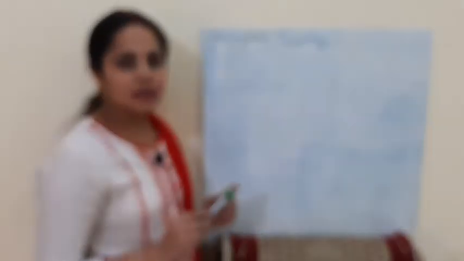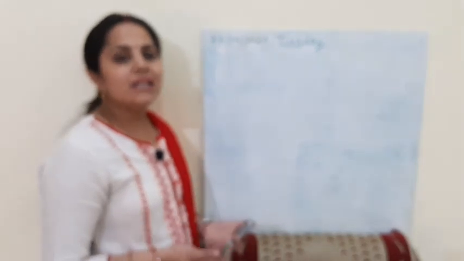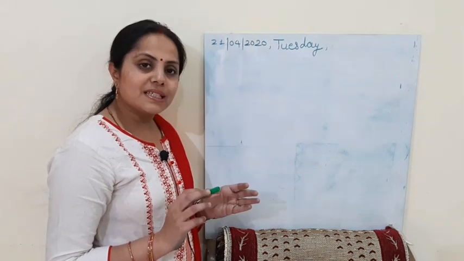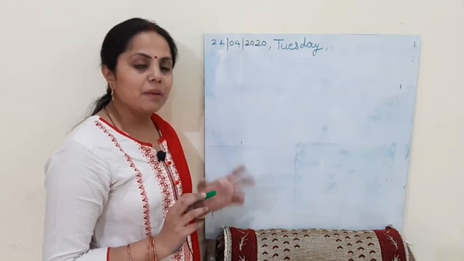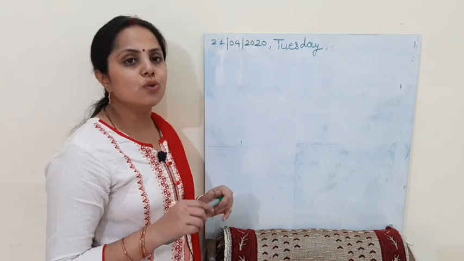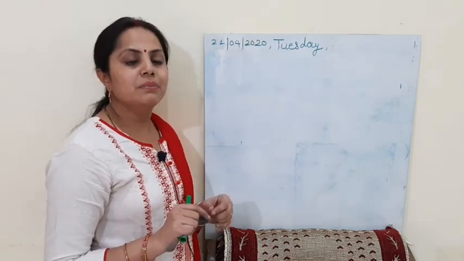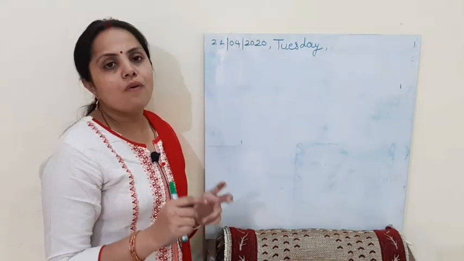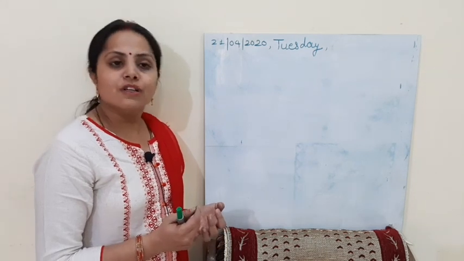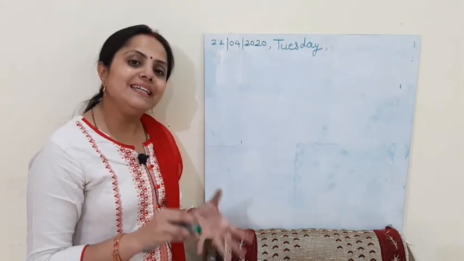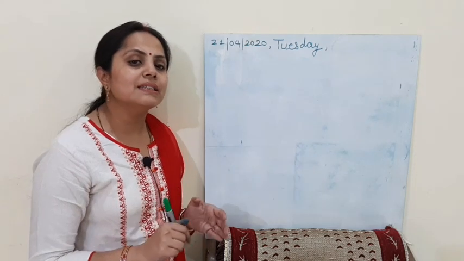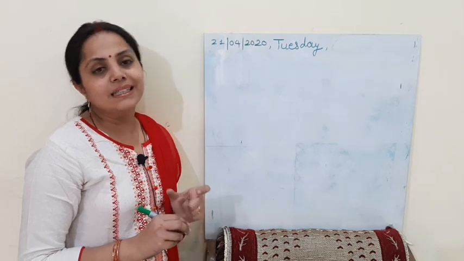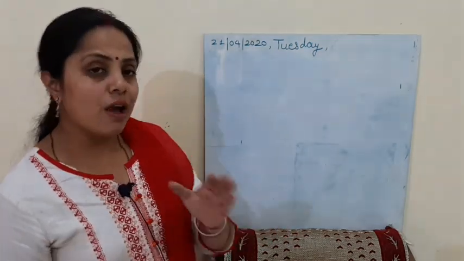If I want to change the background color of a cell, I need to apply the background color inside the tag that is applied. If I want to change it for a row, I will give tr, bgcolor equal to black, so the background of that particular row will change to black. If I want to change it for a cell, I will define it inside the td tag. If I want to change it for the headings, I will change it for the headings. Wherever you want to apply the change, you need to apply it inside that particular tag. Firstly, you have to note this.